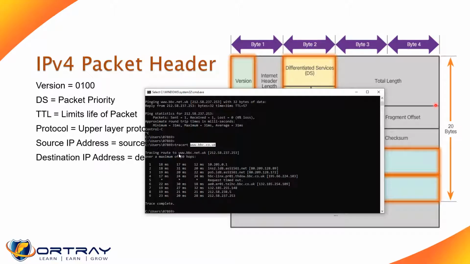DNS. So the first packet always goes to the DNS if it's a name. So the name is resolved, then it goes through multiple routers. First of all, it goes to our Virgin router, then it goes to the BT router. From the BT router, maybe a further BBC router, then it enters the BBC, and finally it reaches the server. So there are at least 8 to 9 routers in my path to reach the final destination.